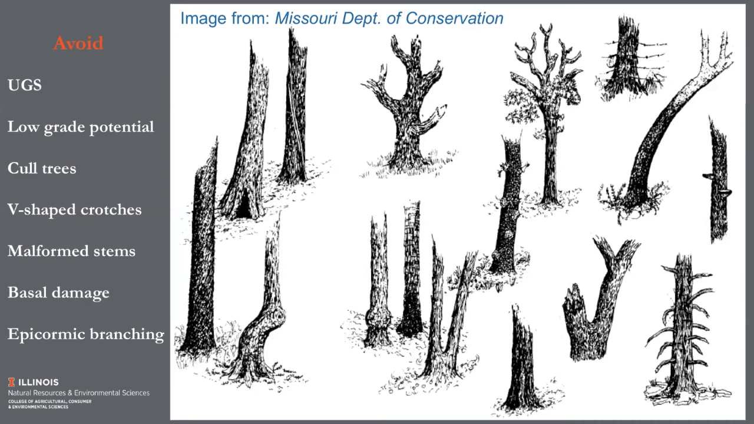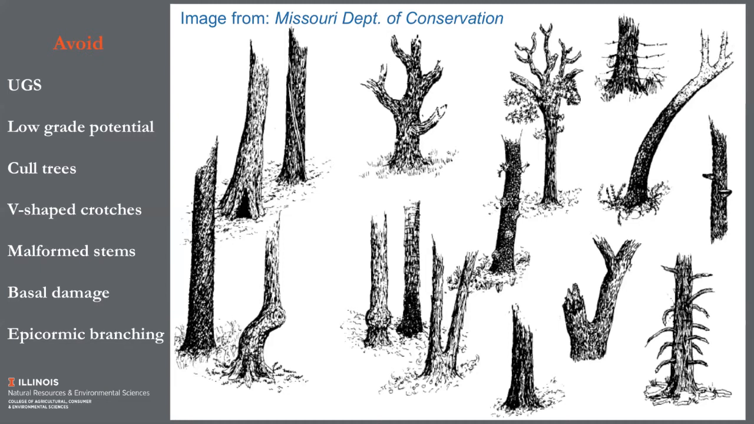So here's an image I stole from the Missouri Department of Conservation. Trees that you want to avoid as crop trees include undesirable growing stock. So, oftentimes we're not releasing American elm, no matter how pretty it is. Those just don't make good timber crop trees, all right? If it has low grade potential, we want to avoid those trees. I mean, if you can't get an 8-foot butt log that has low grade potential, basically that wouldn't be a